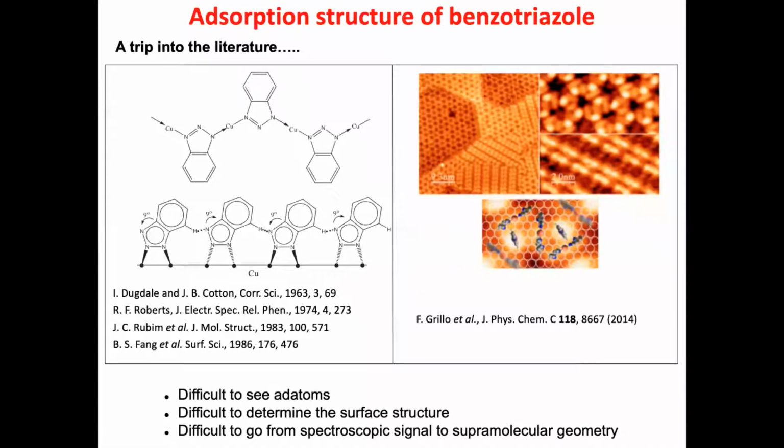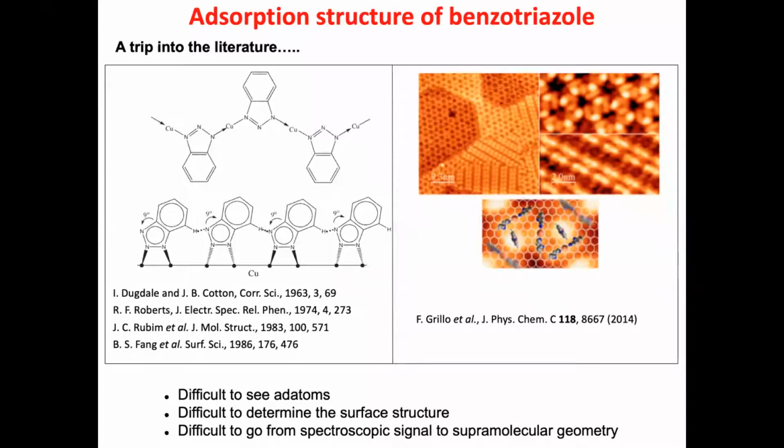With these methods, first of all, it's very hard, if not impossible, to see the adatoms. It's very difficult to determine the precise structure and cleanness of the surface, how many of these adatoms, for example, are available. And it's really hard to go from a spectroscopic signal to the supramolecular geometry for such a complex molecular structure. So we thought this is a good moment to join forces. From our point of view, experimental data can help us go hopefully from 7 to 1 candidate structures. And from an experimental point of view, our calculations could help